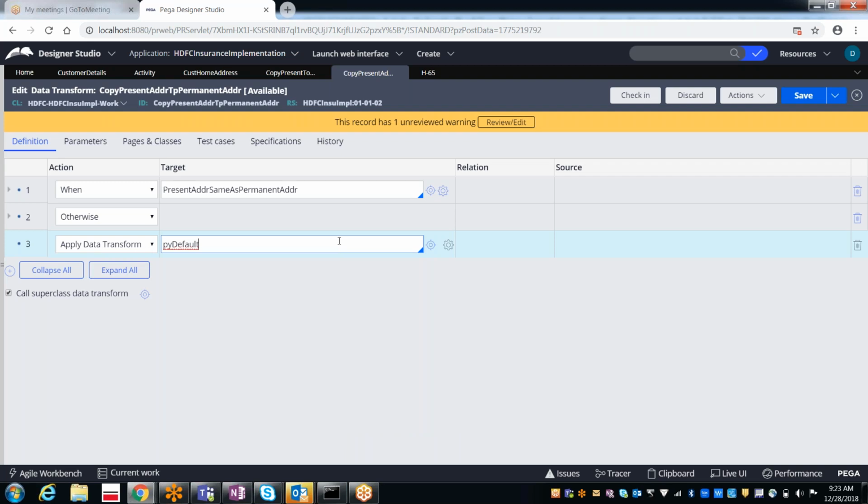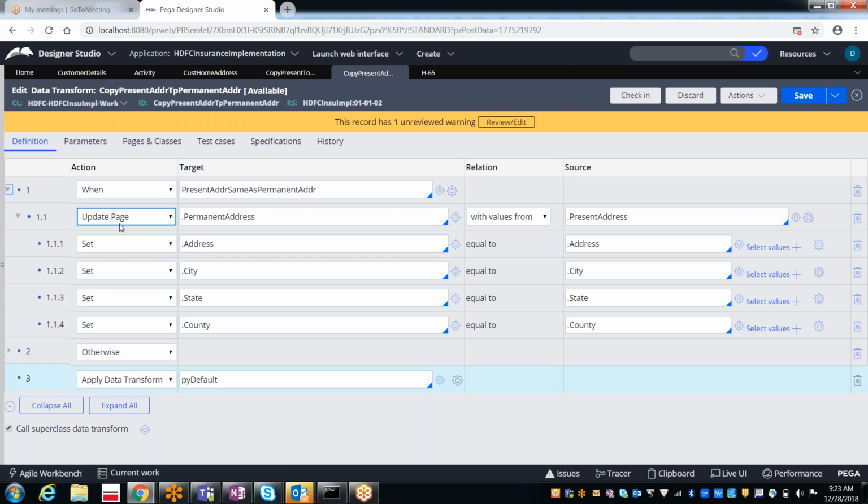And the next thing is copying multiple pages. If you want to set only one page, like a page copy, you use the update page.